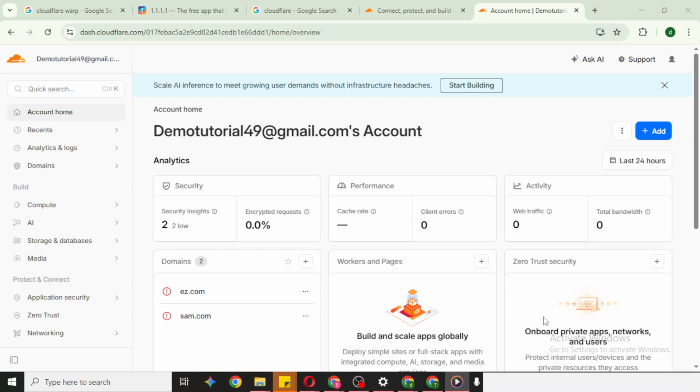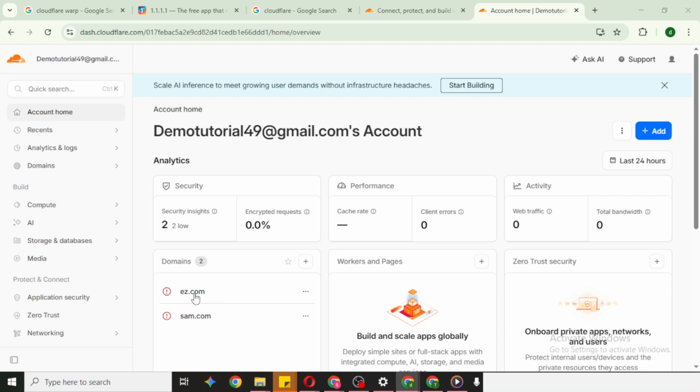First, open your Cloudflare account and sign in. If you're new to Cloudflare, creating an account is quick, and the free plan includes the web application firewall features we'll use today. Once you're in, go to your list of websites and click the domain you want to protect. This takes you to that domain's dashboard, where all security and performance settings live.